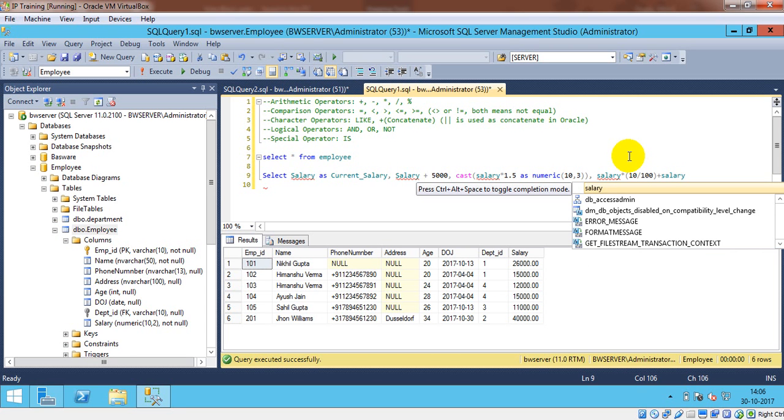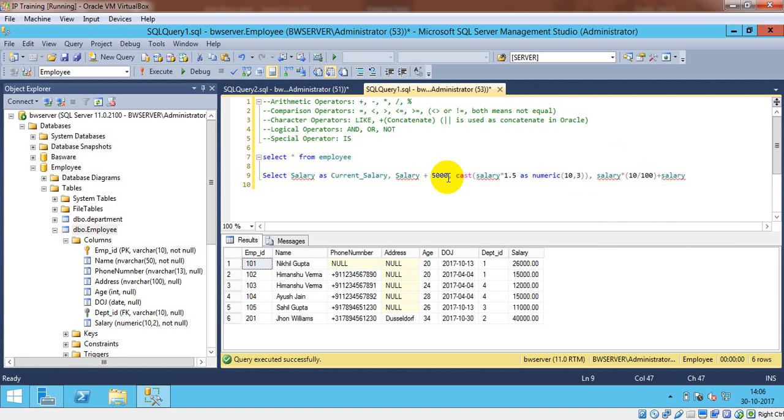I can do that as well, so I'll use it, and then I need to give some name as well, so this is add amount, say, as add_amount,